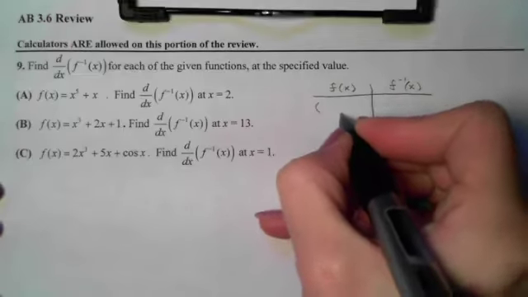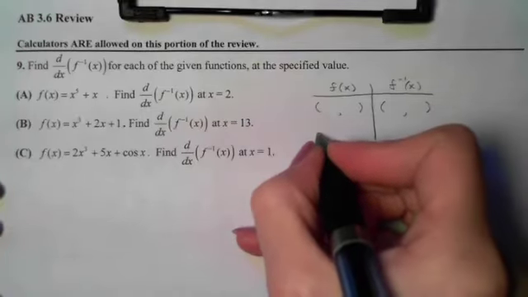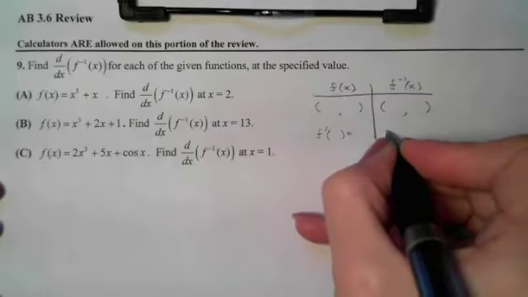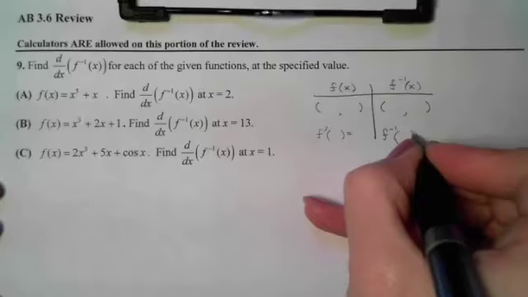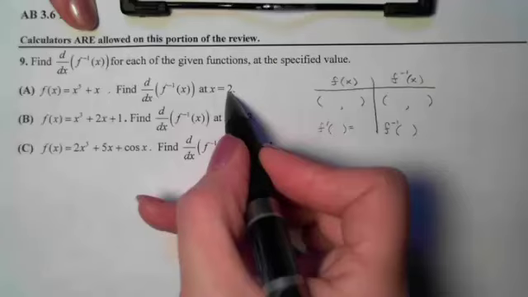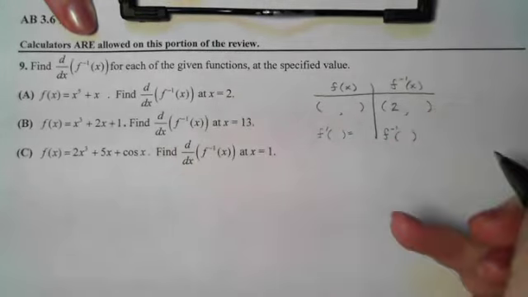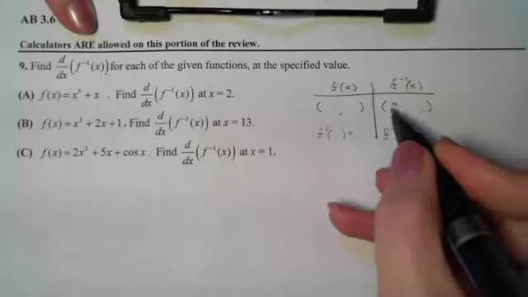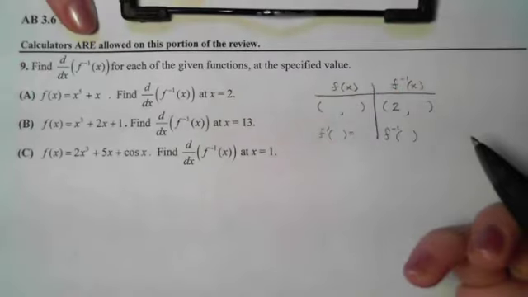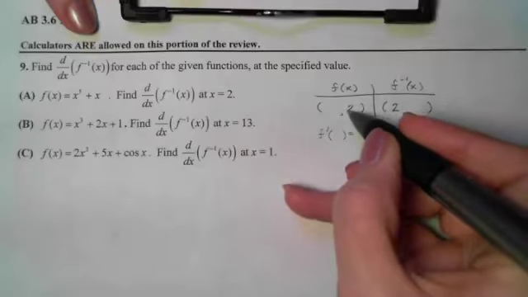On the function you will have a point, and on the inverse you will have a point. And on the original you will have a derivative, and on the inverse you will have a derivative. Now what's critical to remember is that we are told x is 2 on the inverse function. So that means we know the x coordinate on the inverse. If you remember your relationships between inverses and originals, the x's and y's switch. So that means if the x coordinate on the inverse is a 2, then the y coordinate on the original